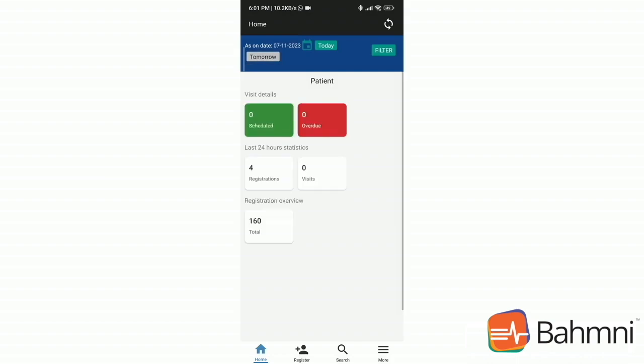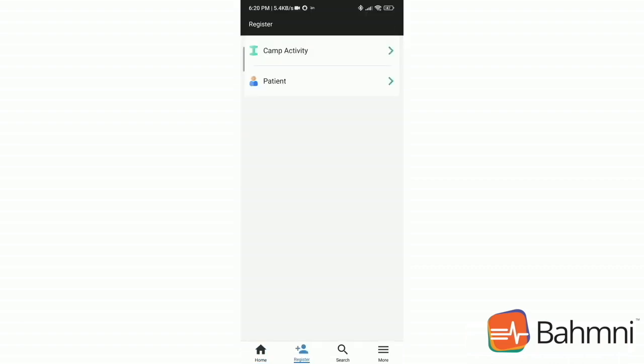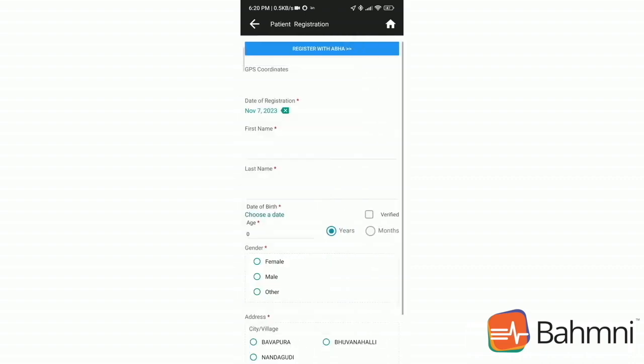device. After logging in, the user is presented with the dashboard, where they can search for existing patients, create new patient records, register camp activities, or log attendance. Now, let's see how to register a new patient. Click on the register icon at the bottom. Click on Patient